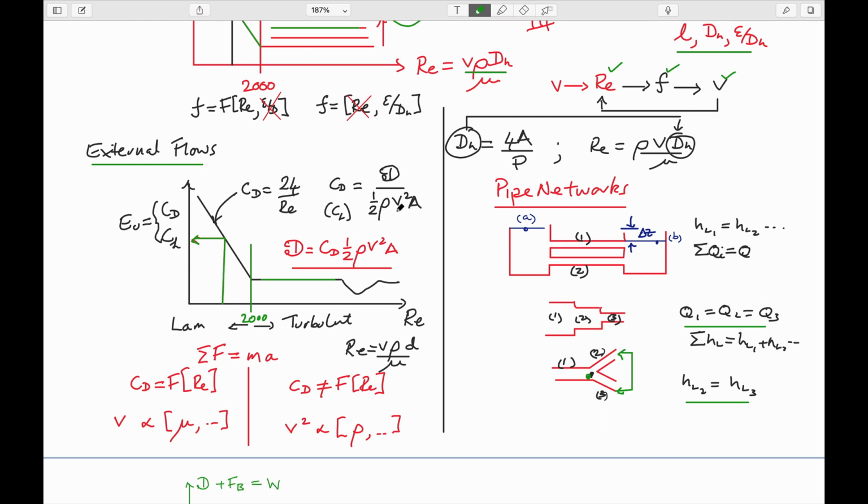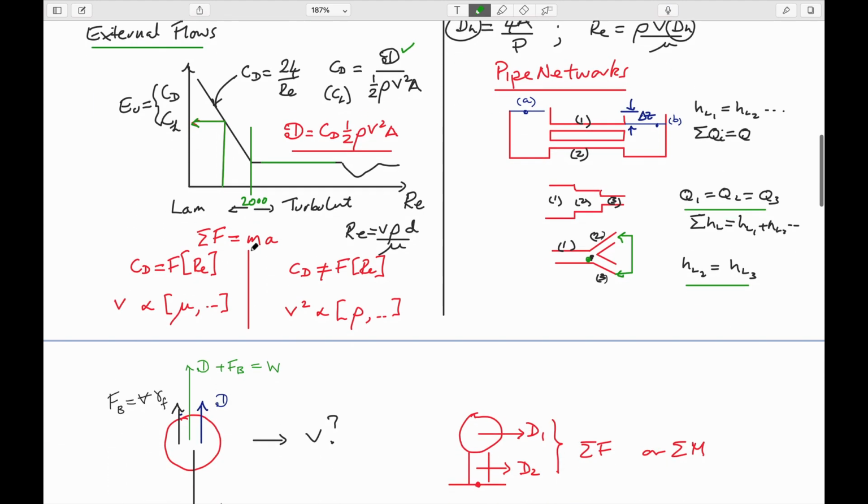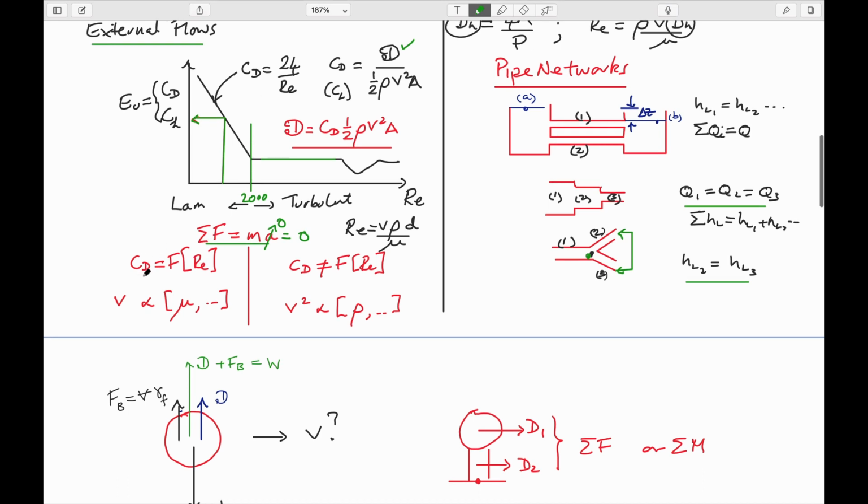And usually from this you want to be able to calculate the drag force as a function of the velocity, which is known if you know the Reynolds number from this chart here. And so the calculation sequence really is to use Newton's second law, F equals ma. Usually the accelerations are 0, and we can write this as equal to 0. So the sum of forces just sum to 0. And so that means that on the laminar side of flow, the coefficient of drag is a function only of the Reynolds number, not of anything else. And therefore, if we substitute the Reynolds number into this Euler equation,